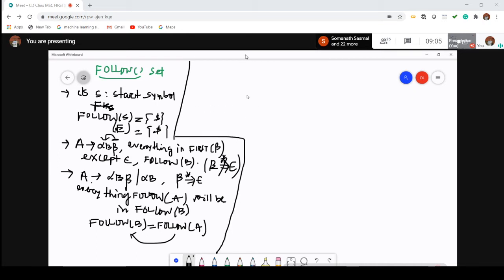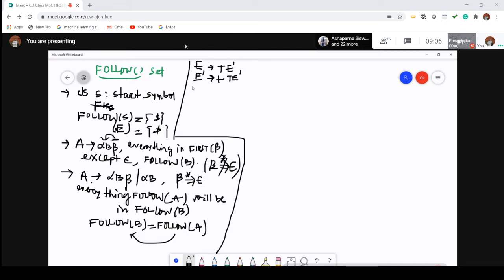In that example we have already removed the left recursion and left factoring, and I have already calculated the first set. So then you can go for the follow set. What are the productions? E to T E dash, E dash to plus T E dash